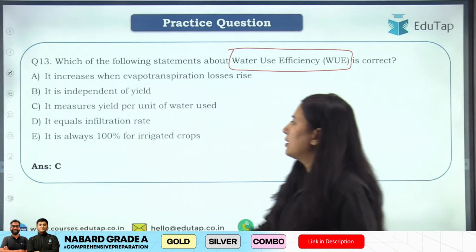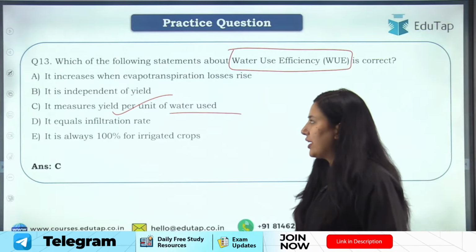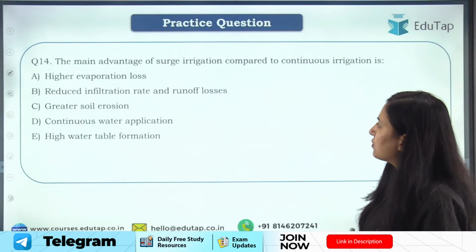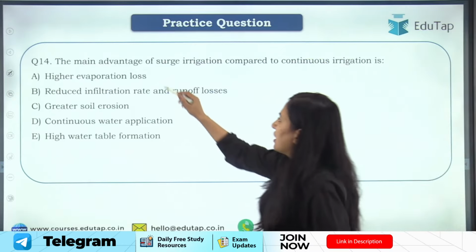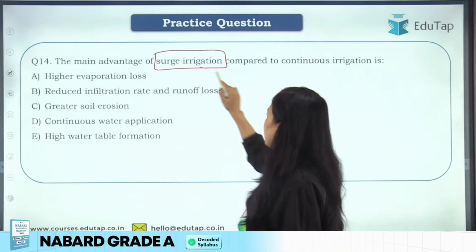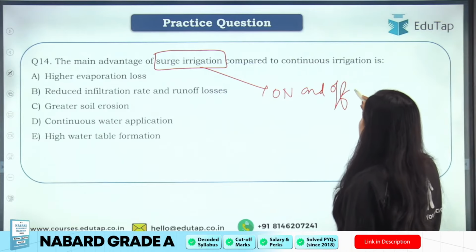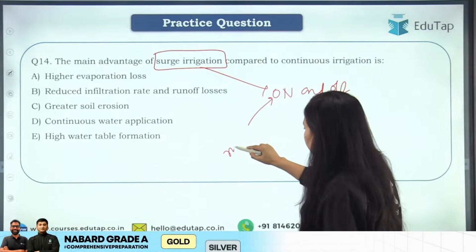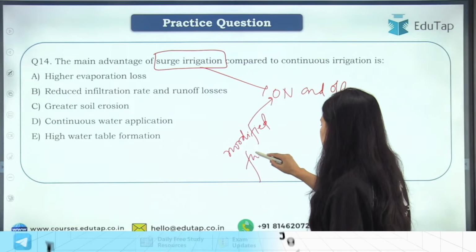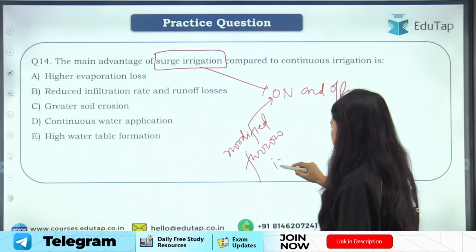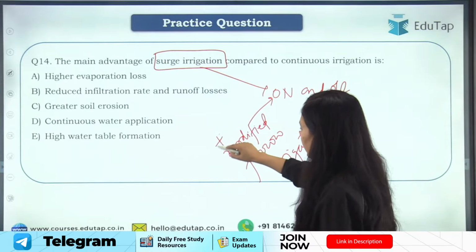चलो, answer here will be option C, it measures yield per unit of water used, ठीक है, easy to understand, right? चलो, next question, the main advantage of surge irrigation compared to continuous irrigation is, ठीक है। अब surge irrigation क्या होता है students? Another name of surge irrigation is on and off type of irrigation, ठीक है। It is also called as modified furrow irrigation, ठीक है।